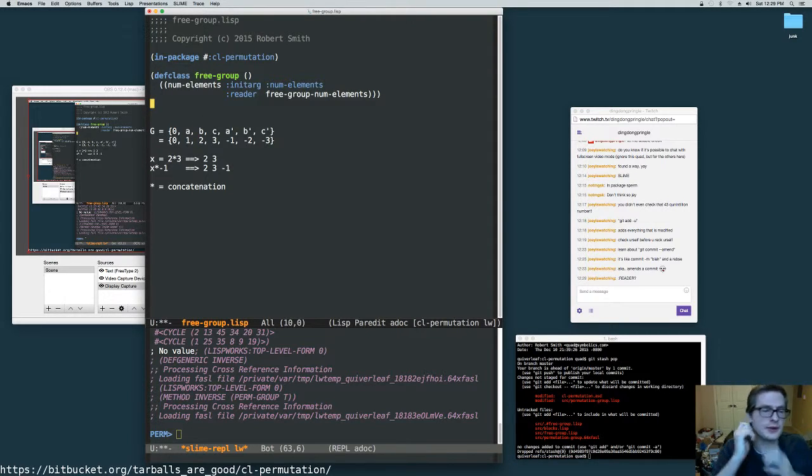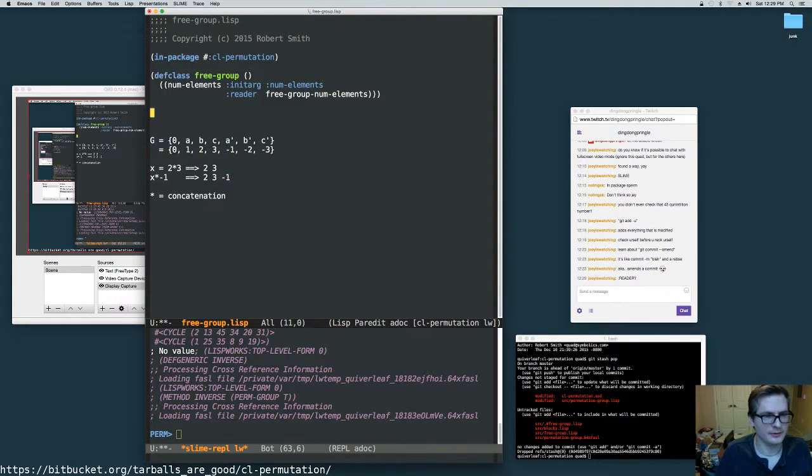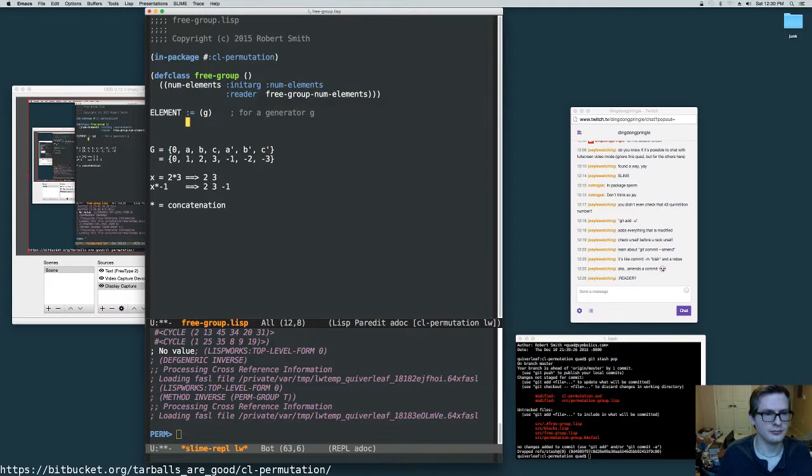So tentatively, I'm thinking that we can represent elements as lists, basically. A list is our concatenation. So elements are really, let's write this. An element is something that is either a generator G, for a generator G, or